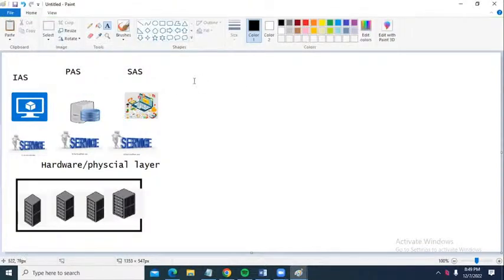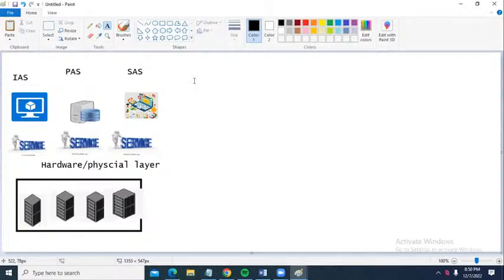Generally, suppose I want to deploy a database server. What is my approach in the non-cloud days? We have to purchase one server, and on the top of the server, we have to install an operating system. On top of that, we have to install a database server engine like Oracle, MySQL, or SQL Server, whatever it may be. To manage that database server, for upgrading, maintaining replicas, patching, and every database activity, I need to engage one person called a database administrator.